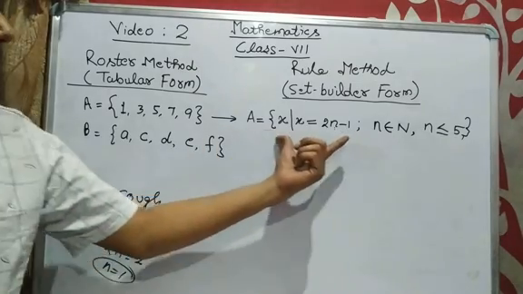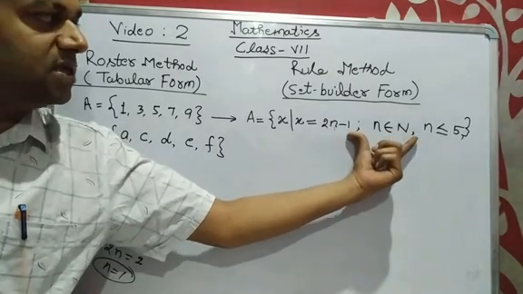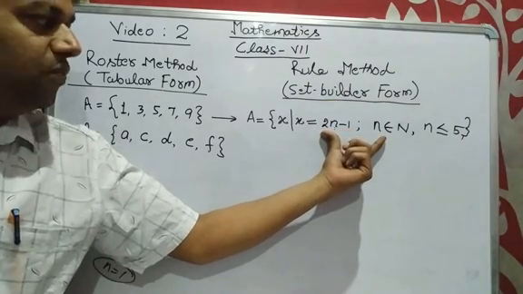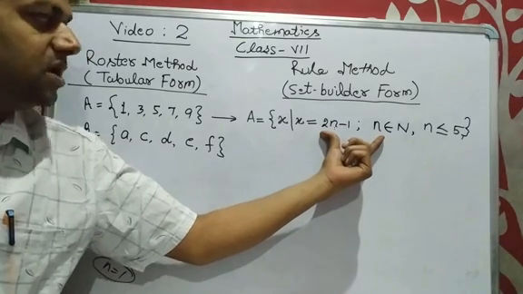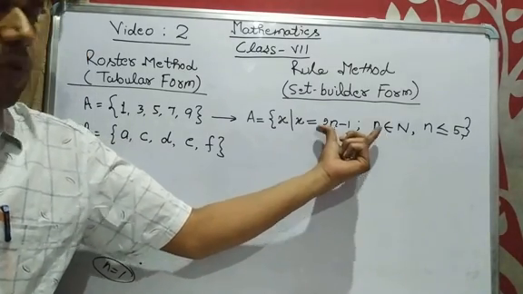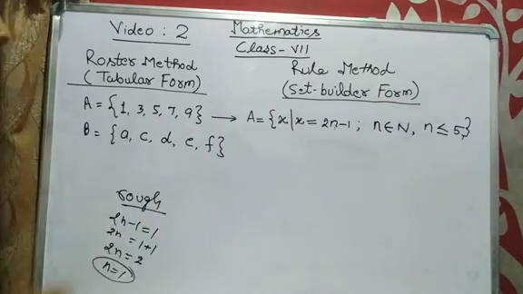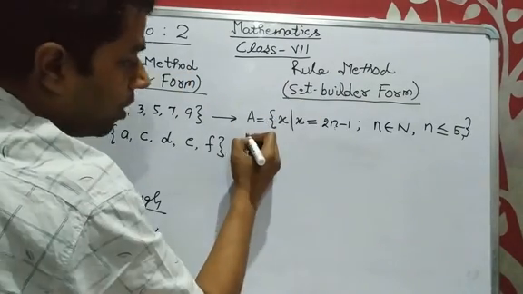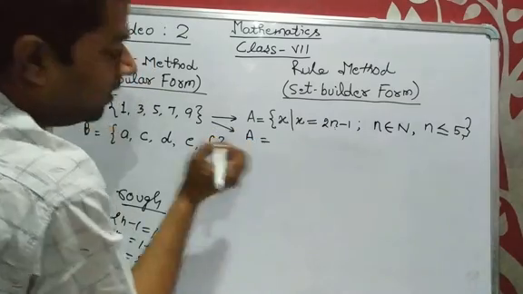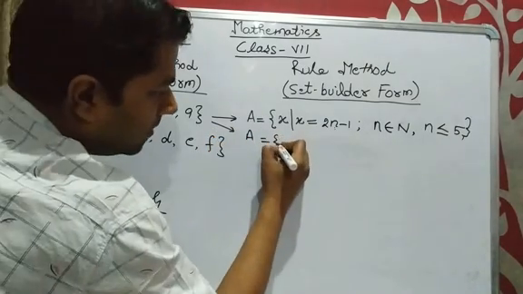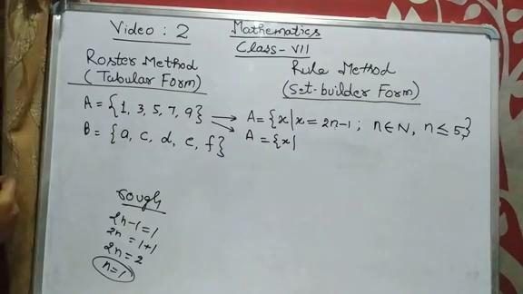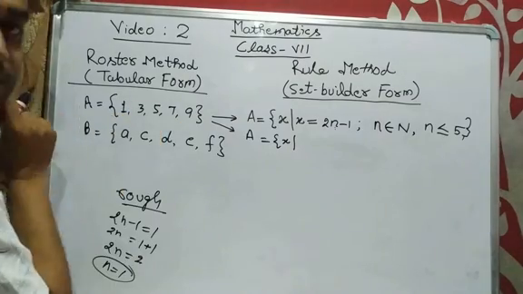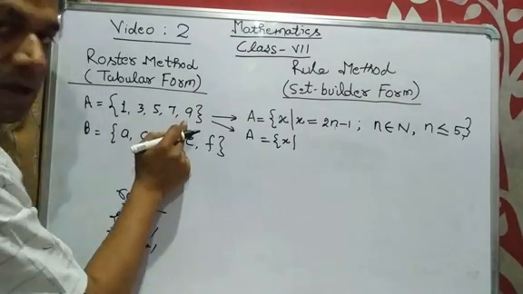Dear students, you can see this form is called the set builder form. It could be a little bit typical for the new students starting, but it is very easy once you do it 1 or 2 times. Another form of set builder, a sub form for the set builder form, or directly we can write A is equal to x such that we can see, identify the property, all the elements are odd numbers up to the 9.